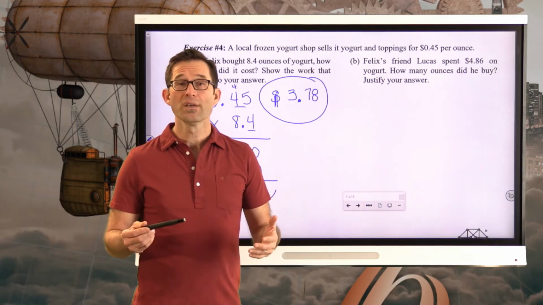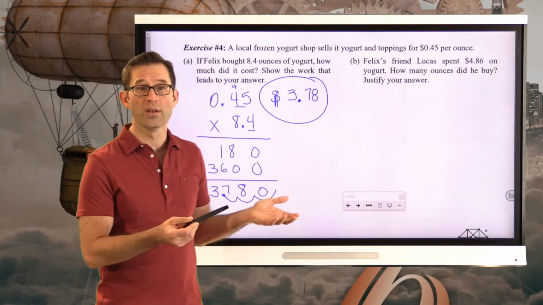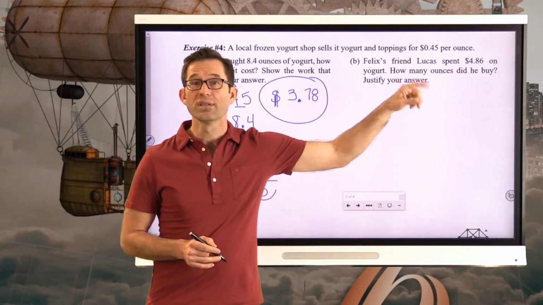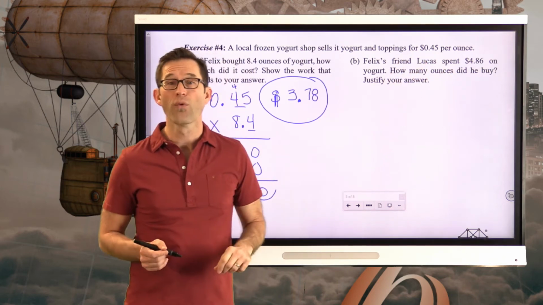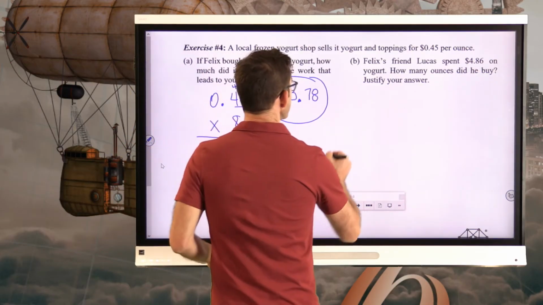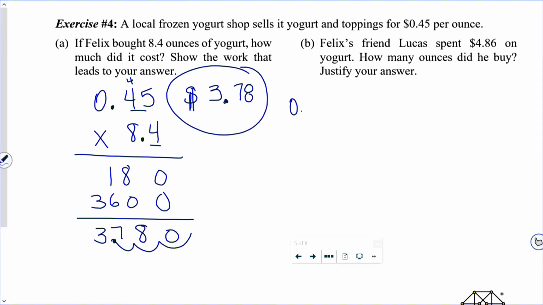All right, well in this case we have to go in the reverse direction that we did in A, and instead of multiplying, we need to divide. So we're going to take our 4.86 and we're going to divide it by 0.45 to figure out how many ounces he bought. Here we go. So the problem itself is this: 0.45 divided into